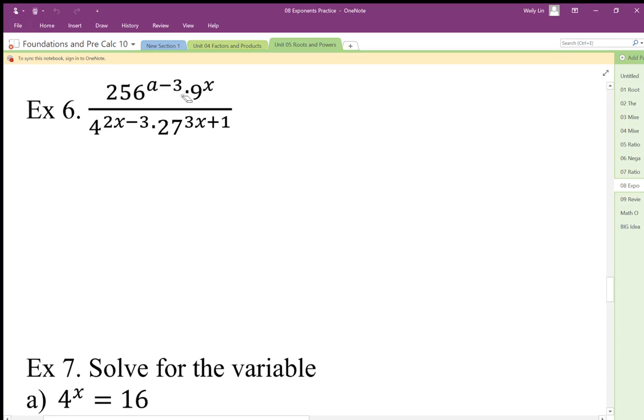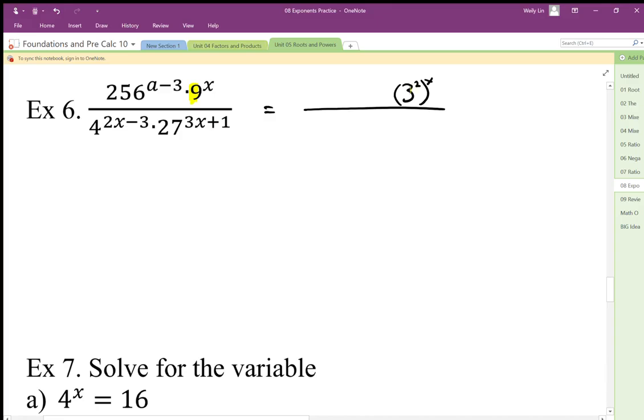So for example, 9 really is a base 3 number, and we can rewrite that as 3 squared. So that's kind of where I'm going to start. I'm just going to start with that 9. And in the numerator, it's going to be 3 squared to the power x. Okay, so I'm just going to highlight just the 9 here, just the bases, because we're just focusing on